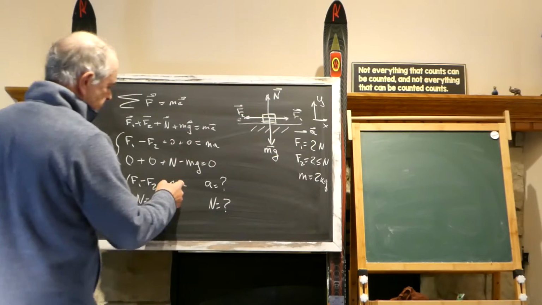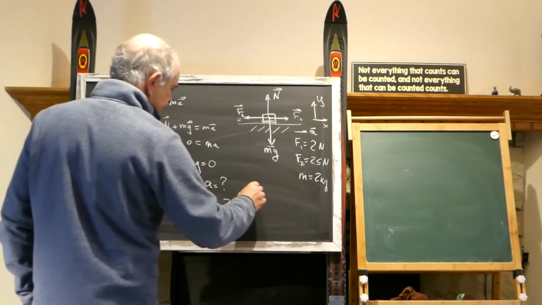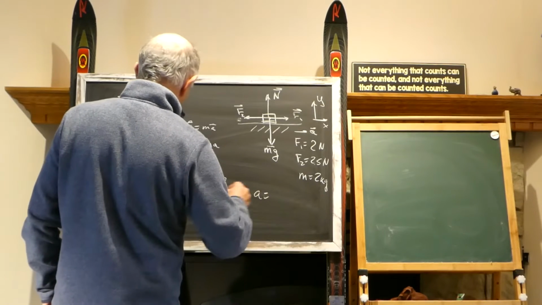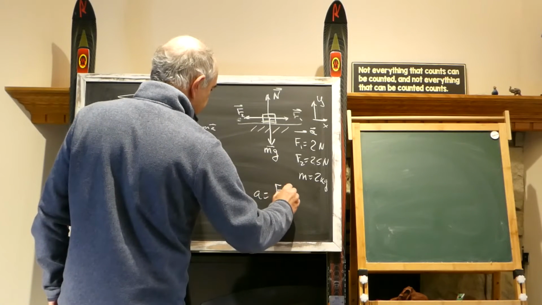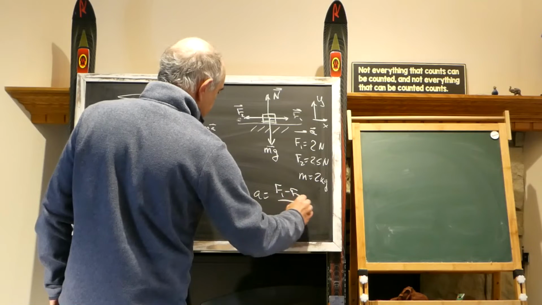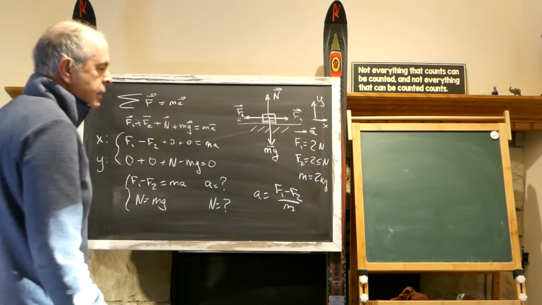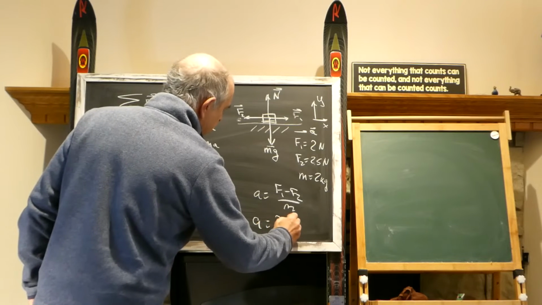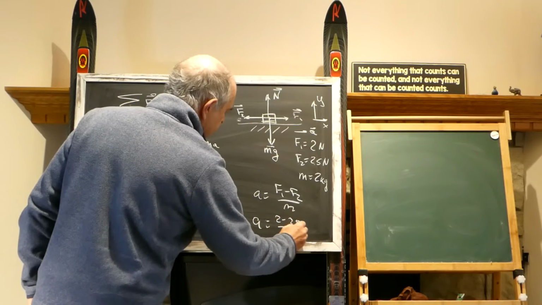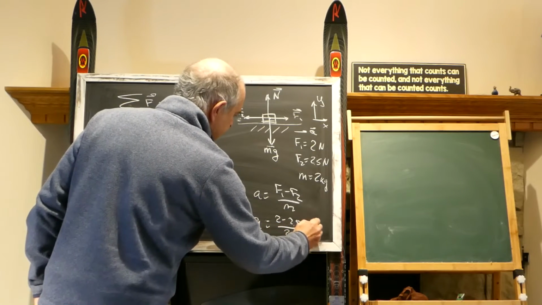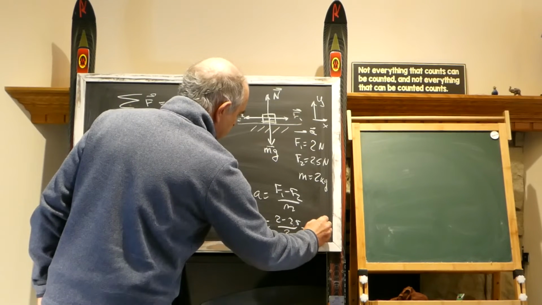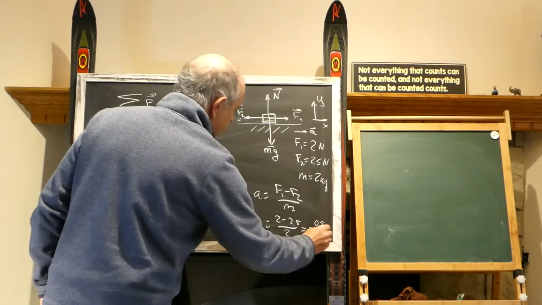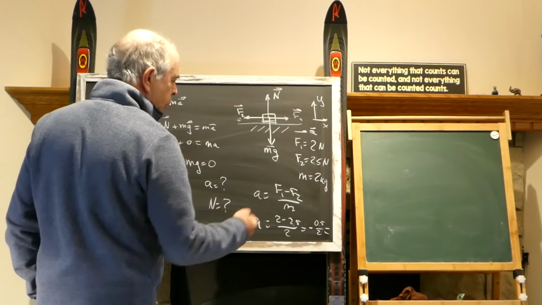But a, yes, we can divide: a equals F1 minus F2 divided by m. And this is our solution. Let's plug in the numbers. It will be 2 minus 2.5 divided by 2 equals minus 0.5 over 2